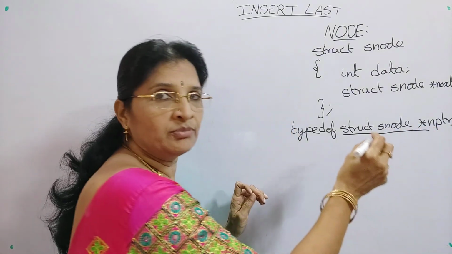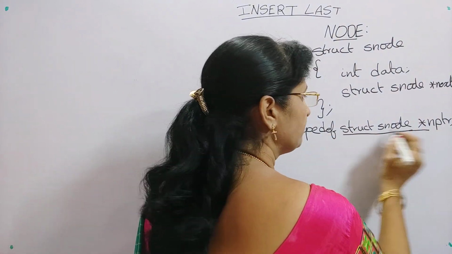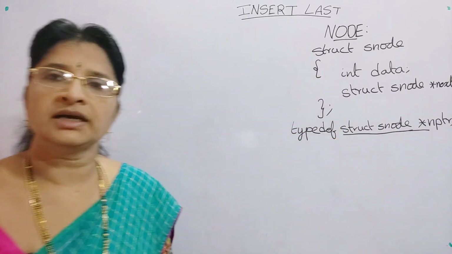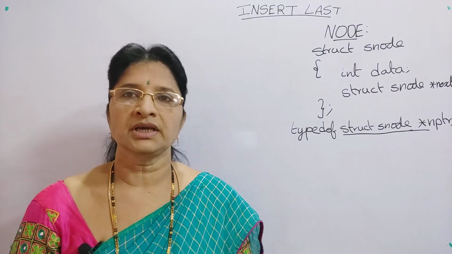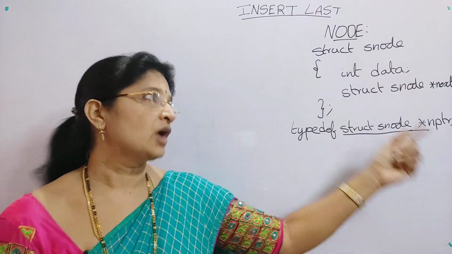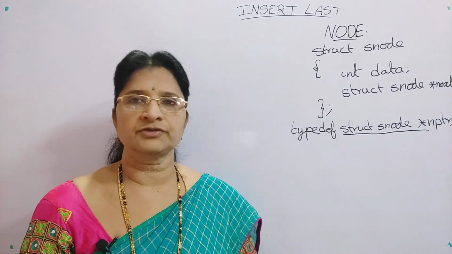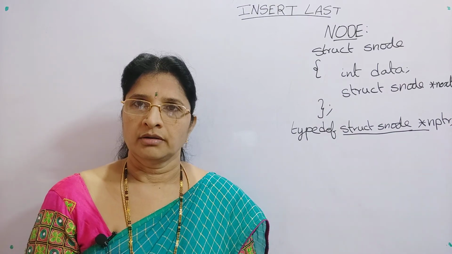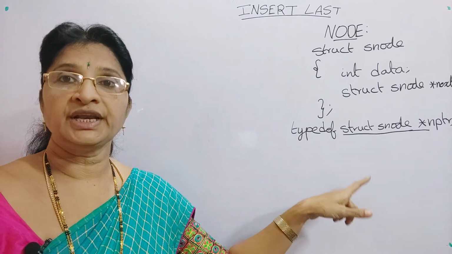We have given a new name. That new name is nptr. It is a new name for our struct S node, defined by using the keyword typedef in C language. So giving an alias name is done by typedef. After giving the node definition, this is just for simplification purposes. We have just given a new name to our struct S node. That's all. Next, we have to first create a header.